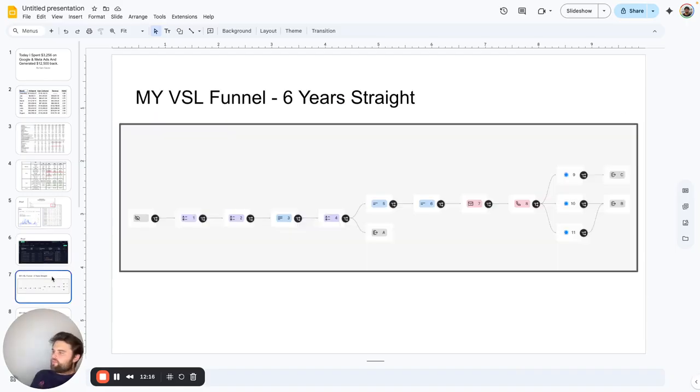Now, let's talk about the funnel that we're using. First step in our funnel is we're sending them to a page, a VSL page. Sometimes I have an opt-in, sometimes I don't. It totally depends on the business, okay? If you're using an opt-in, I highly encourage you to optimize the lead event. You can send that email address and that phone number back to a platform that enriches the data and will